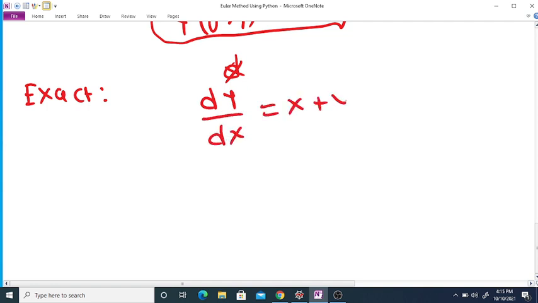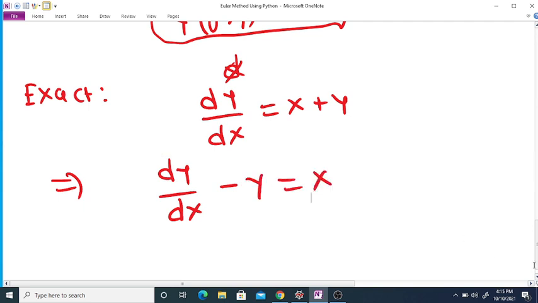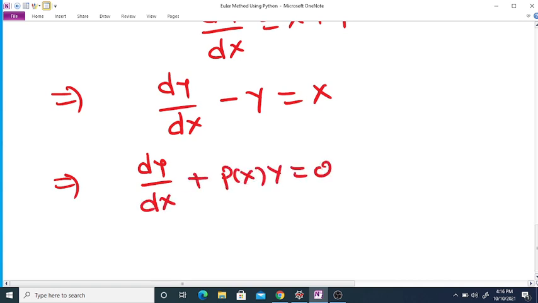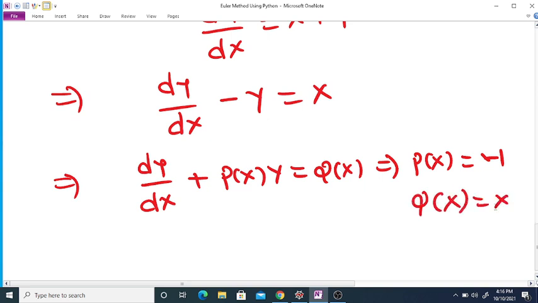x plus y? Now we can observe that this differential equation can be written as dy by dx minus y equal to x. So this is a linear differential equation. If you compare this differential equation with dy by dx plus p of x y equal to q of x, then p of x is equal to minus 1 and q of x is equal to x, and the integrating factor